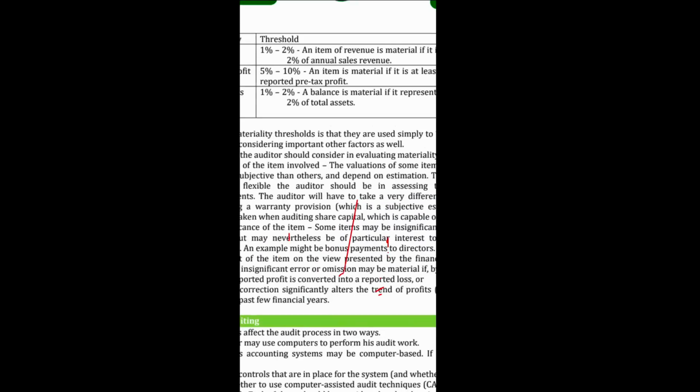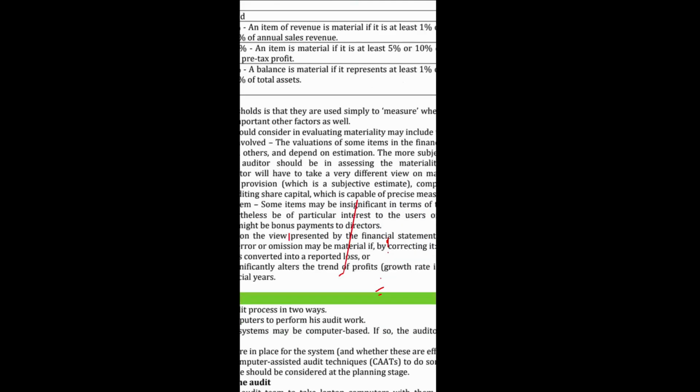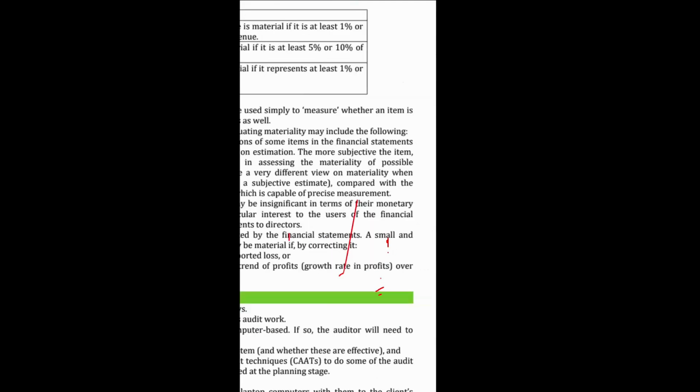Examples of some of these things are issues like provisions. Provisions that have been made for particular transactions. So sometimes the auditor will need to review it and say, how did you arrive at this provision? For instance, electricity. You make a provision that